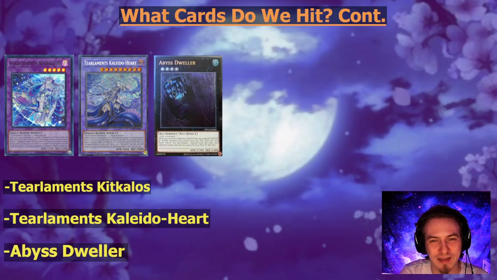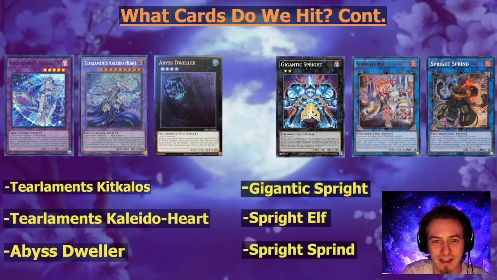Next up, and these are really nice because not only are there their own decks, you might mirror match them, but these cards get played in a variety of decks as well, and that is none other than the Spright package, okay? Now, whether you want to hit out Gigantic Spright, maybe you want to Nibiru the opponent and you don't want them locking you out,